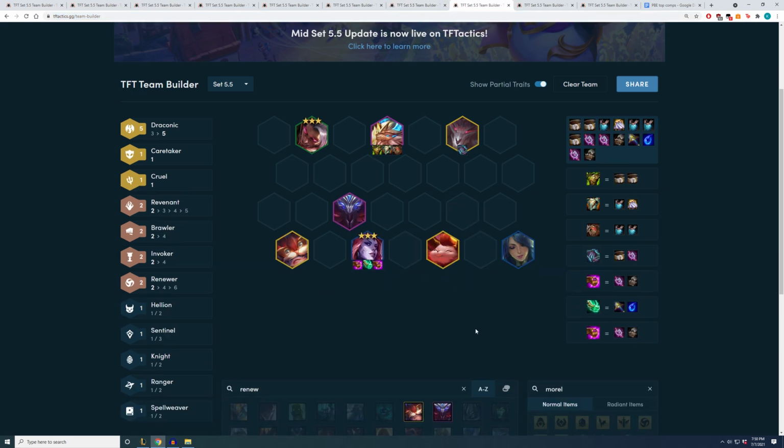The other variation to the Draconic build is playing ZYRA carry instead. And this primarily depends on what type of items you get. If you get a lot of AD items, you could stack your Ashe. If you get a lot of AP items, you could stack your ZYRA. Same thing with Ashe, you could also play 5 Draconics mid or late game once you're stable, like when you